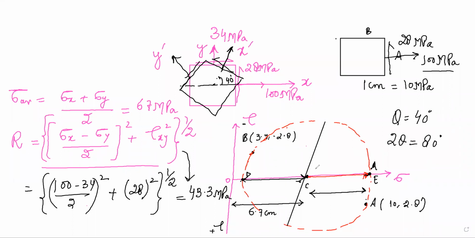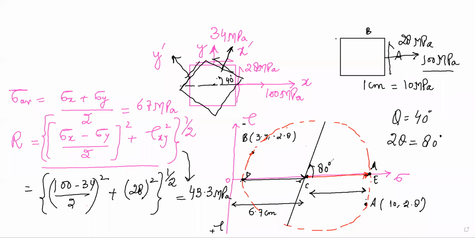With this angle equal to how much? 80 degrees. There was a question asked in the GATE examination: in Mohr's circle, the angular displacement is twice the angular displacement of a stress element, half the angular displacement of a stress element, or none of them. It will be twice. Now the question is why, which I have to answer. I will be answering many questions, but first of all, let's learn how to draw the Mohr's circle. That's very important.